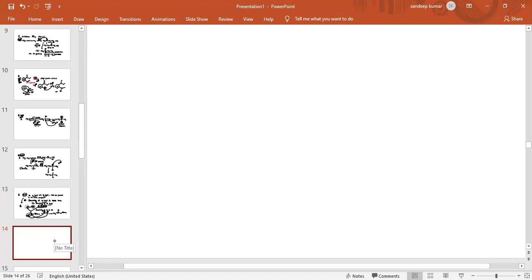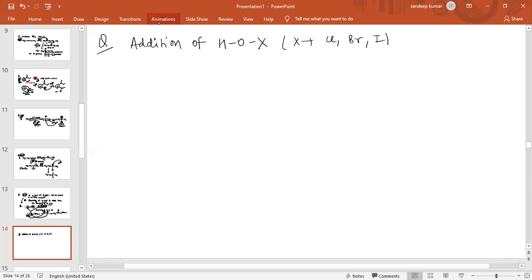See, if it is given like this, these reactions are very important, and these questions have been asked in previous years too much. If a compound like addition of HOX, see what happens. In HOX, X can be chlorine, X can be bromine, and X can be iodine. So it can be HOCl, HOBr, and HOI.